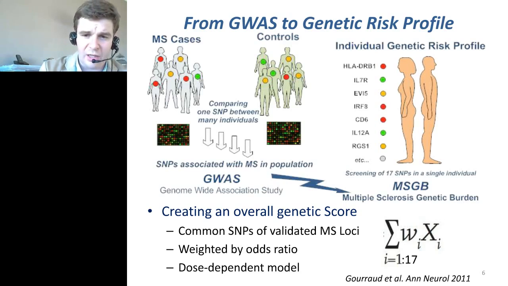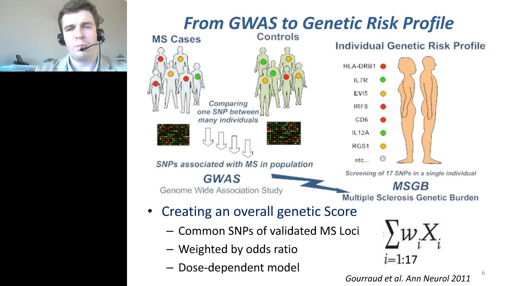You'll take HLA DRB1 and see if the risk allele is present. You'll take the next one, IL-7 receptor, discovered in 2007, and you'll see if the marker is present. And you can take the other ones, and so on. And now we're doing that for 110 genes. So we're now able to go back from the research population-based analysis, the GWAS comparing thousands of patients, to an individual level of analysis where we can summarize in a mathematical score, which we call the multiple sclerosis genetic burden, how much one particular patient accumulates lots of genetic markers.